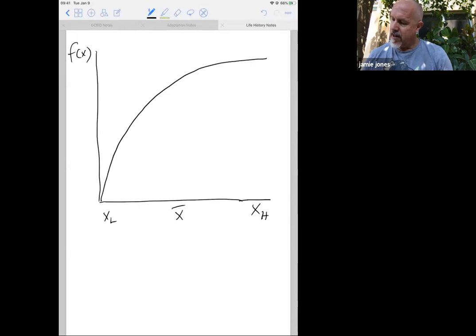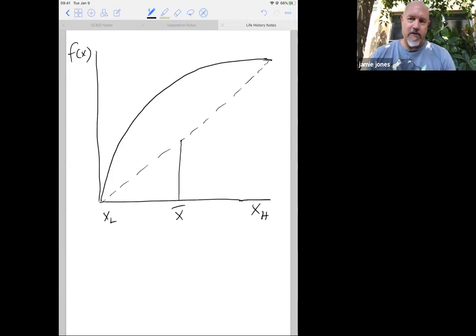I'm also going to draw a dotted line, a chord that connects the values of f of x_l and f of x_h. Then let's draw a line from x bar up,